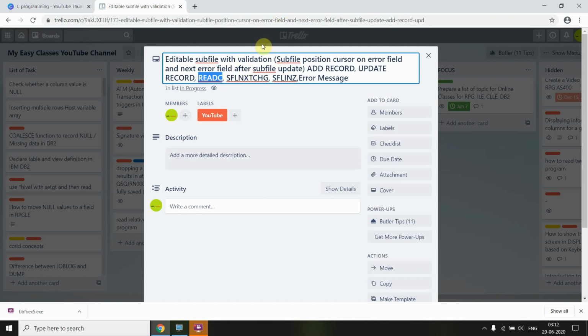So we are reading the subfile records again using the SFL exchange keyword. At the first readC operation, we are setting the SFL exchange keyword to on with those records which are changed, so that we would be able to read them again, and if all the records are okay or the validation is passed, then we are reading the changed records again, and we are just updating the file.